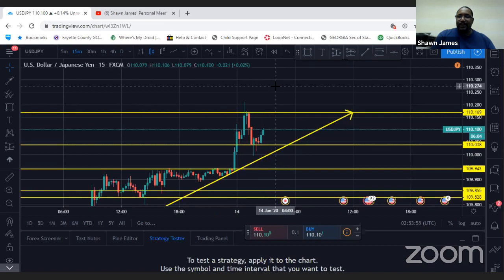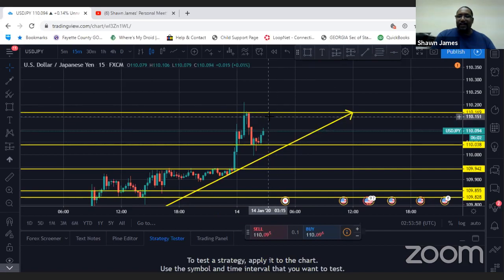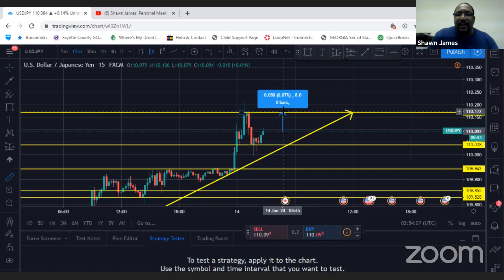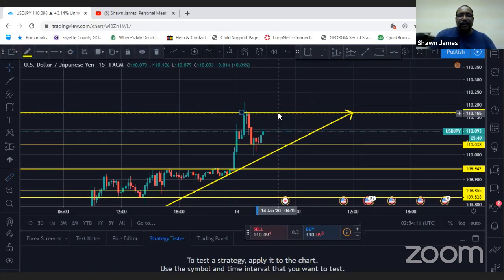It may speed through the intersection, or it may reject and turn. And even if it does, let me see. Let's see where we are now. We're on a 15-minute, even from where it is to this high, that's only 8 pips, nothing big. Okay. If it turns around,